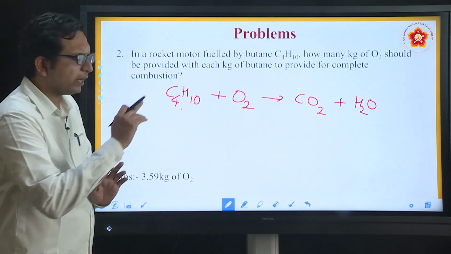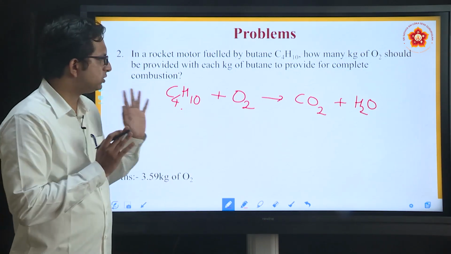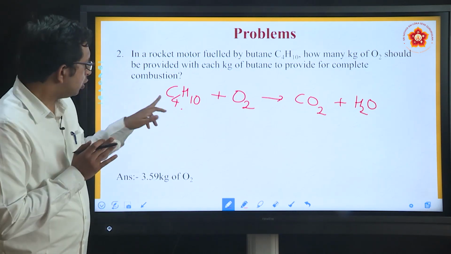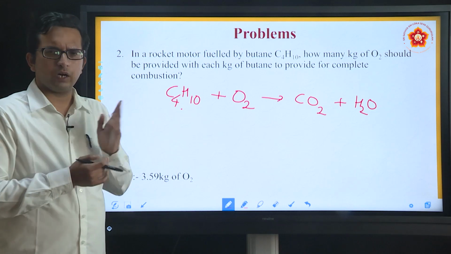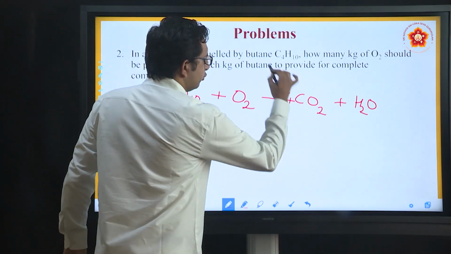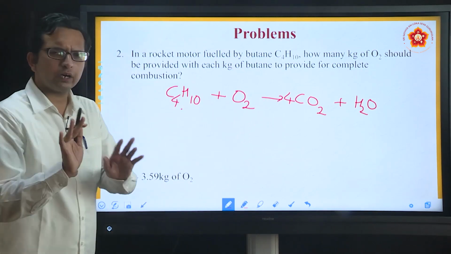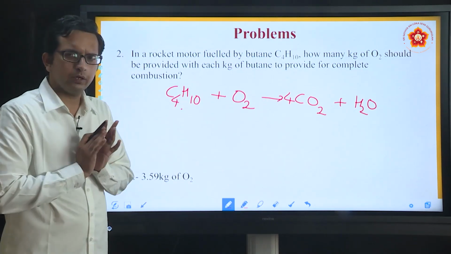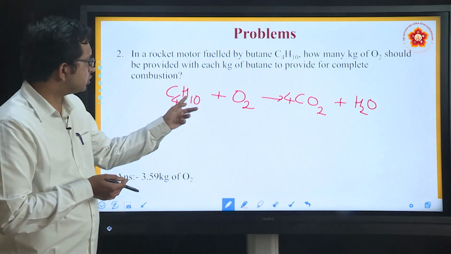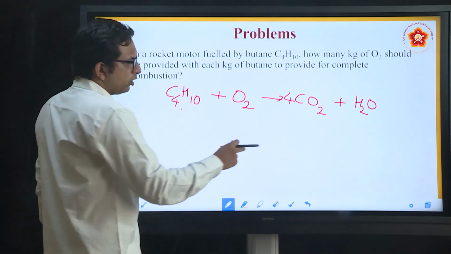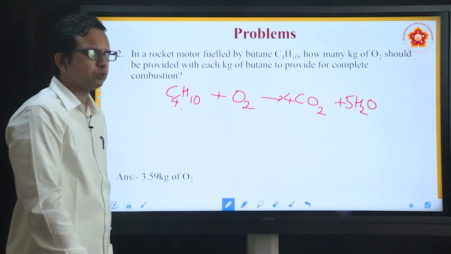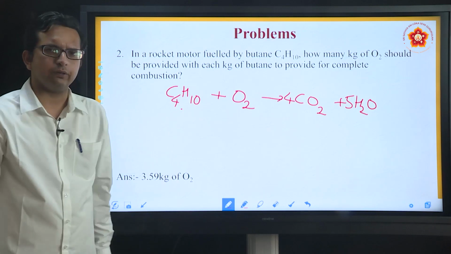Now the moment you write this reaction, the first thing that you have to do is balancing of this chemical reaction. How do you balance this? You can see that there are 4 carbons. So the moment there are 4 carbons here, you can balance this with 4 CO2. So first I am just thinking about carbon, because there were 4 on left, let me put 4 on right. Then hydrogens, in total there are 10, whereas here already there is H2. So if I use 5, that should be good enough. 5 H2 will be equal to 10, this side also it will be 10.